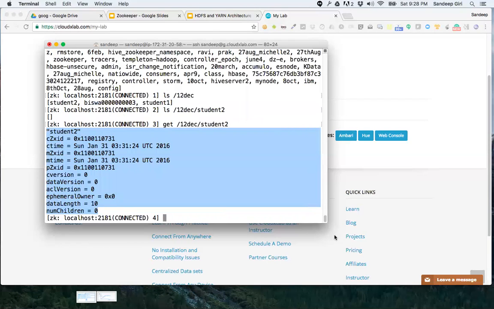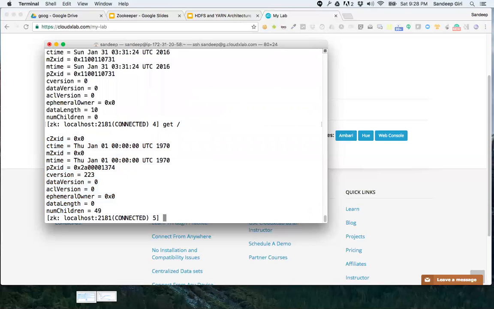So it provides us commands like get and ls. Here we can even say get slash. Again, it's like a file system, a folder, a kind of tree structure. The only difference is there are no files. Everything is a node. We call that a Z node. There is no file or folder.